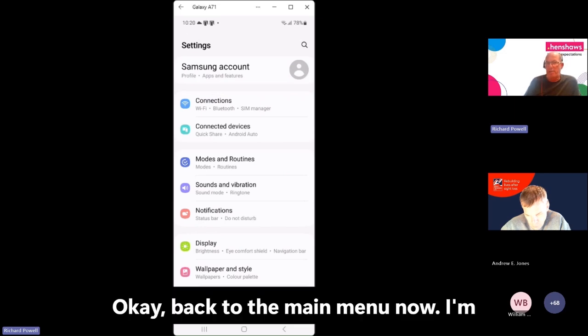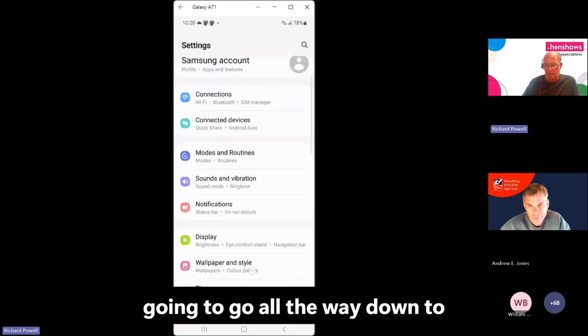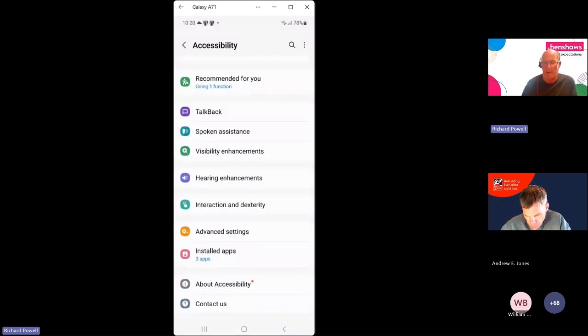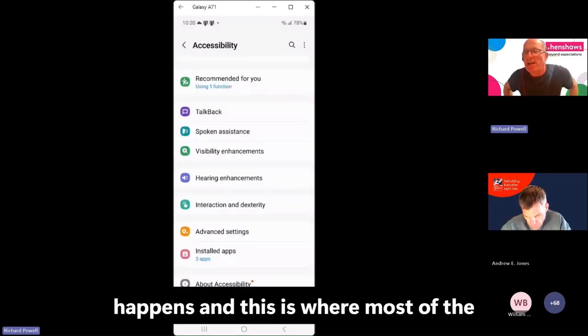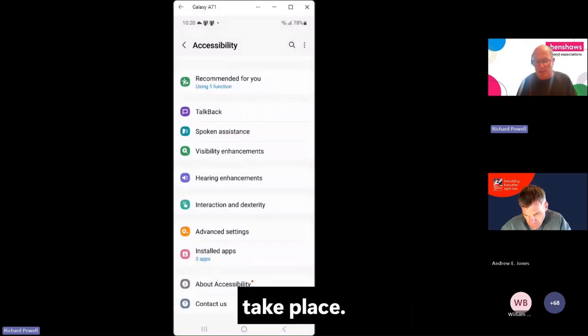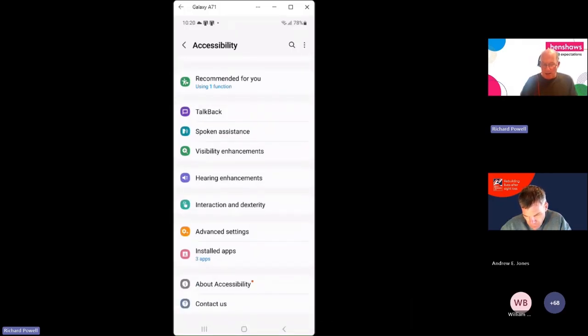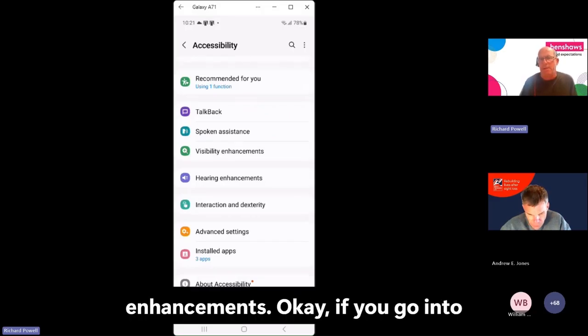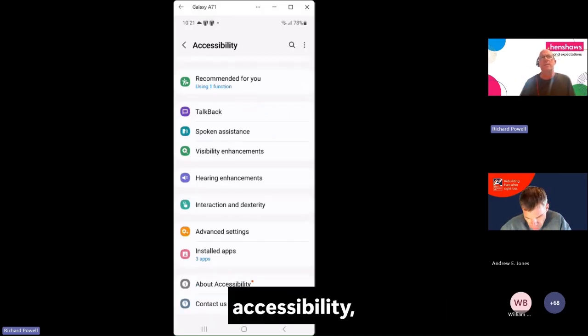Okay, back to the main menu now. I'm going to go all the way down to accessibility. Okay, this is where most of the fun happens, and this is where the big differences can take place. On my menu here, I've got visibility enhancements. Okay, if you go into accessibility,